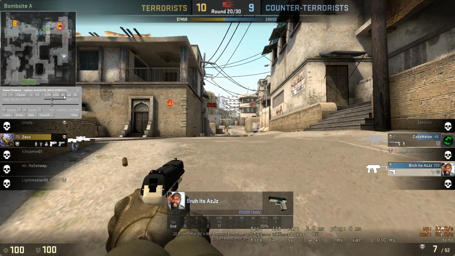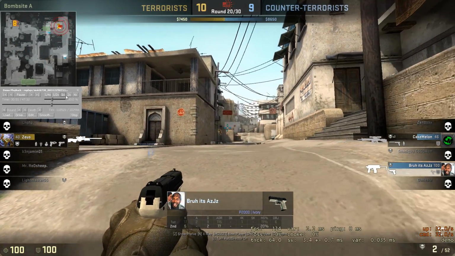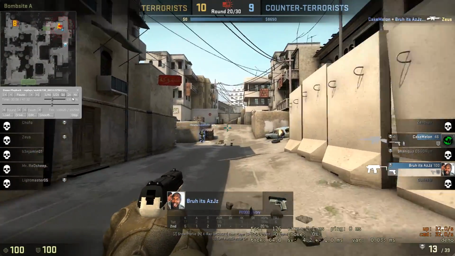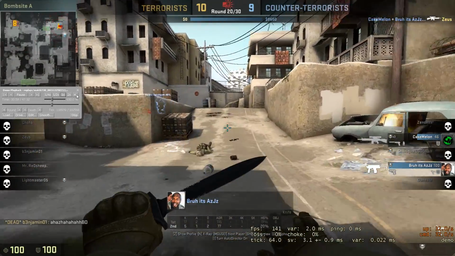Alright, you see him. Tap. Taps him a couple times. And your teammate gets him with the jumping auto. I'm defusing the